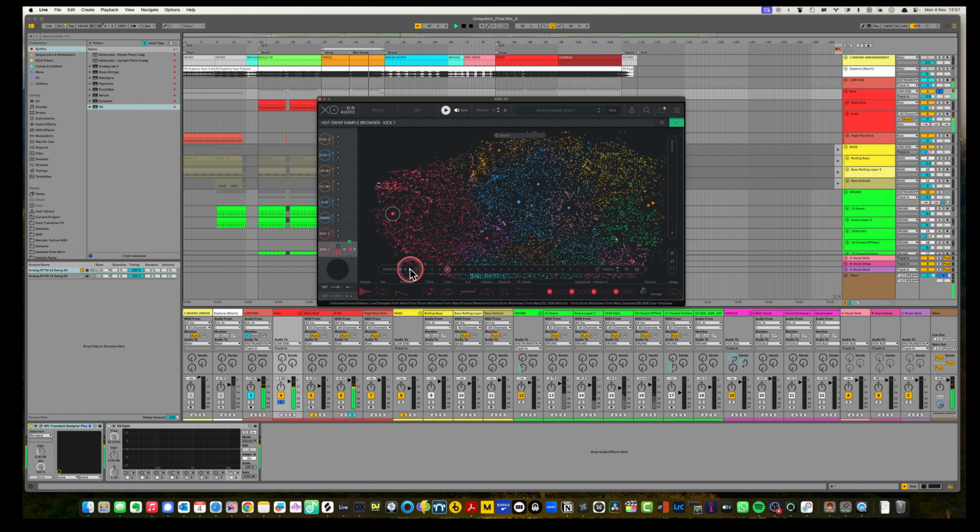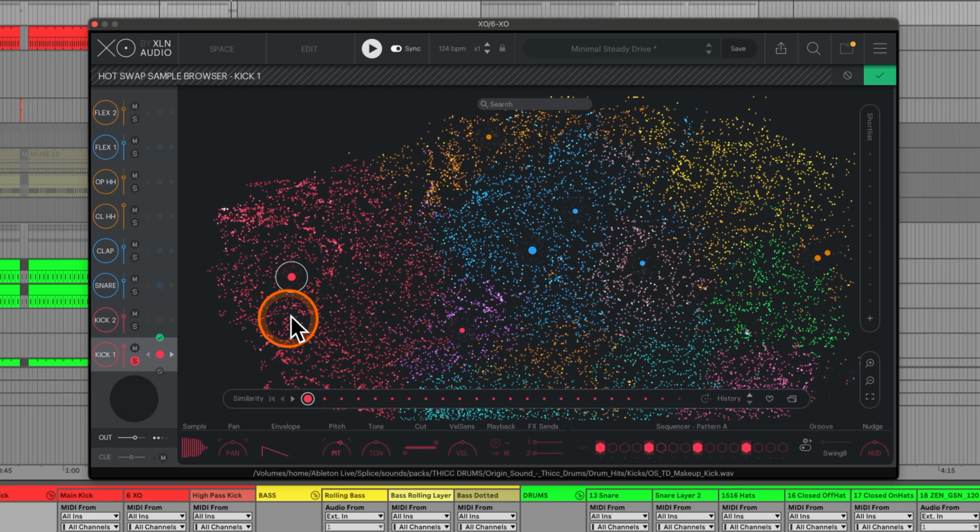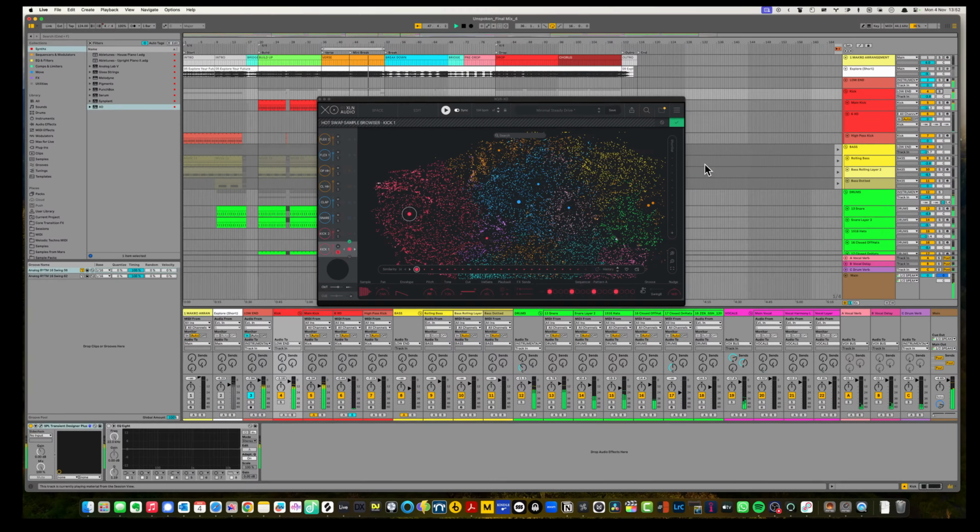One of the great things on this plugin is if you get something that you quite like, it has this similarity, you can then just, so you can see all of these have a bit of a noise. I don't actually like that, so we will go for something else with a bit of a knock in it. And the key to this is to try and listen to it in the mix with the whole track, that's why I have the crossfader, so I can keep going back and forward between old one and new one. So if we bring everything else in,